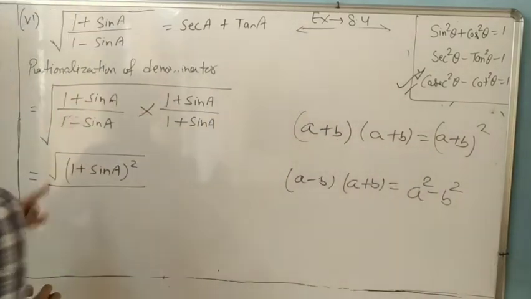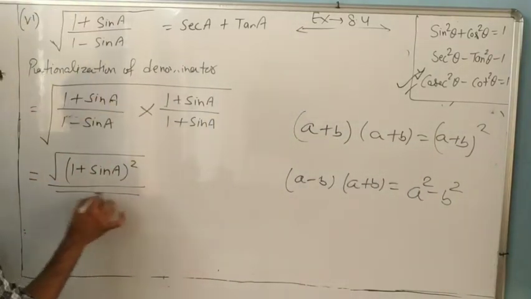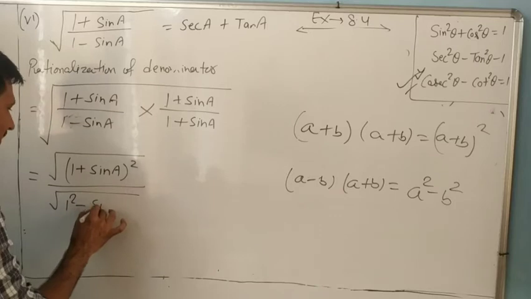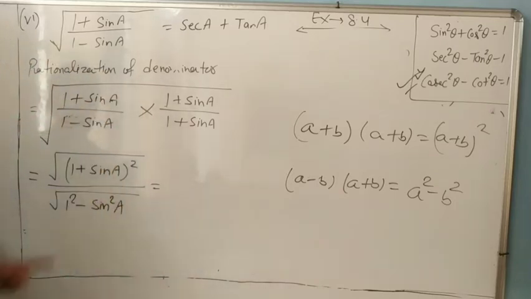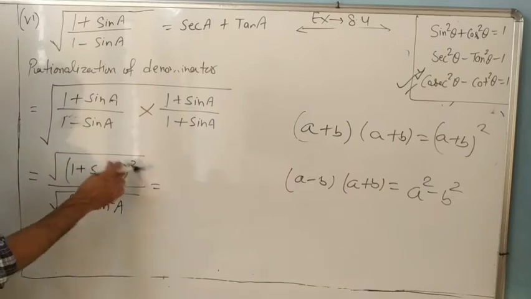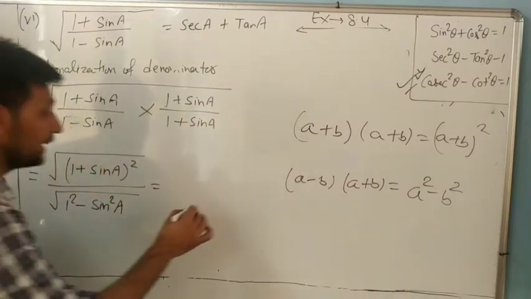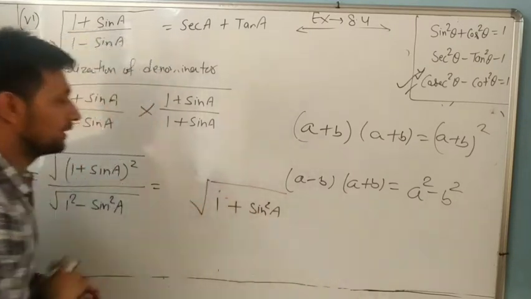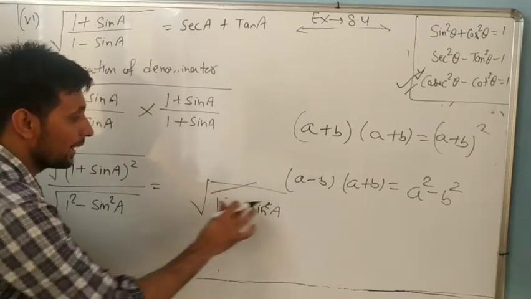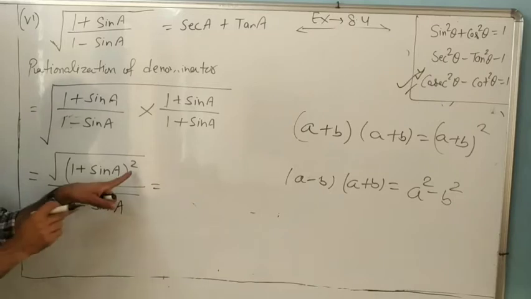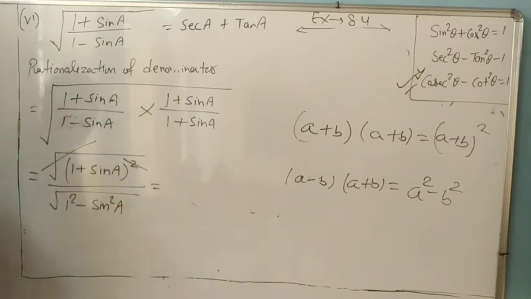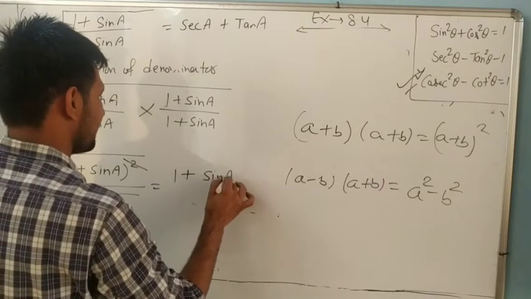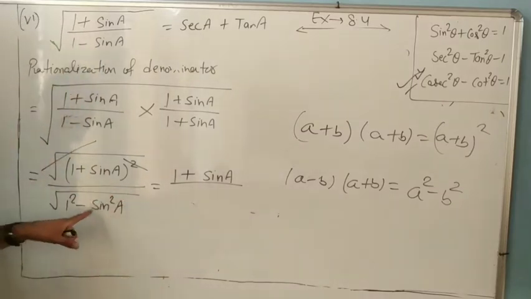So look at. Now under the root, what is a square? a square means 1 square minus sine square a. Very simple. Can we cancel the square to the root? Yes. If it were given like 1 square plus sine square a, we cannot cut it. But if we take the square of the whole number, now we can cut. Okay, dear. Now what remains? 1 plus sine a upon under root 1 square minus sine square a.